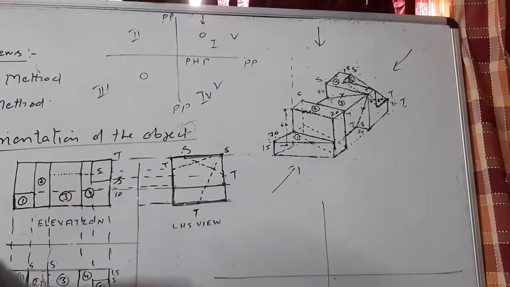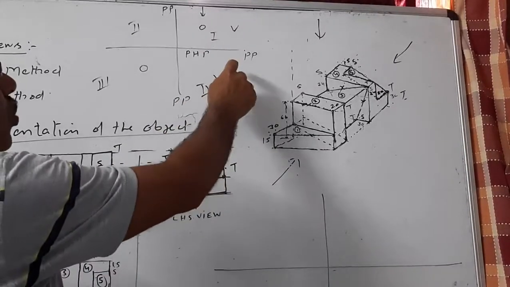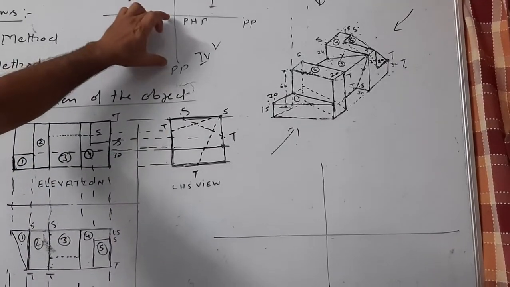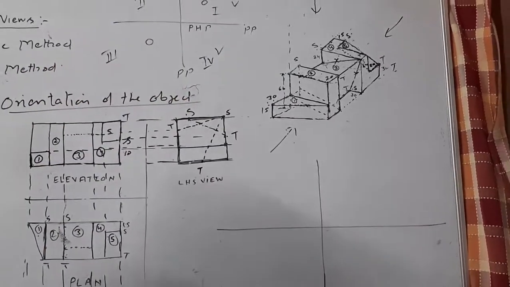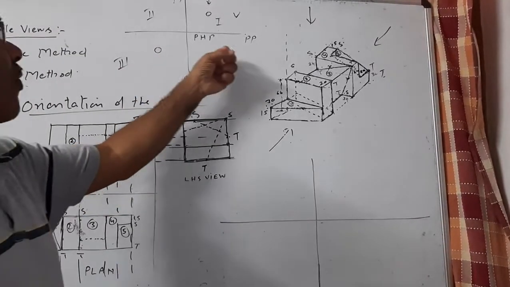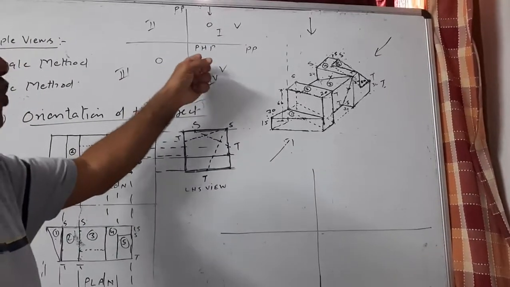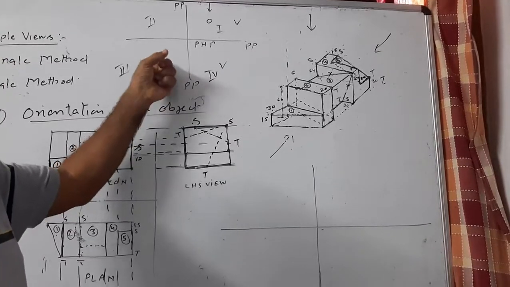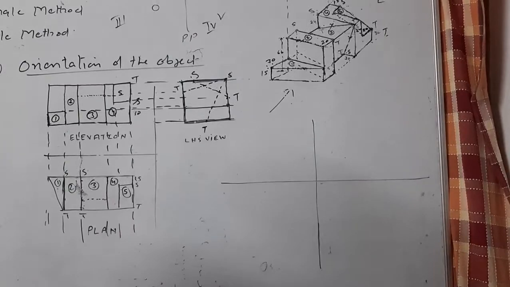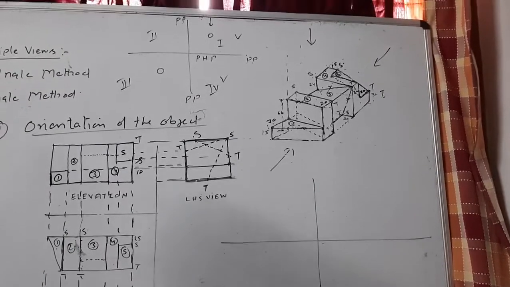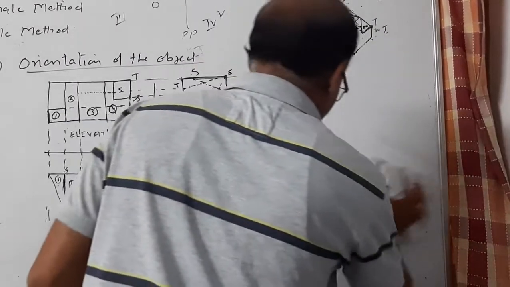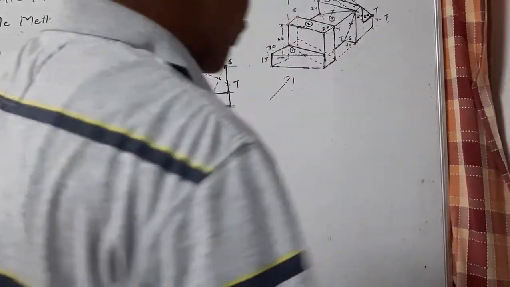object from in front of the principal vertical plane. So viewer is here, object is here. That means the projection plane is transparent. Projection plane is transparent and one can view the object through this transparent plane, and whatever is visible that would be drawn on this projection plane. So here if you see how the things or the relative positions of plan, elevation and side view would change,